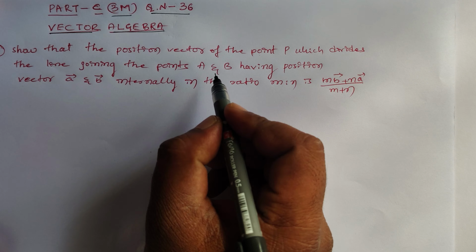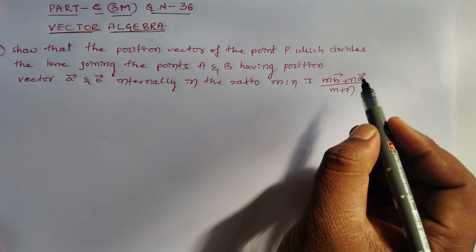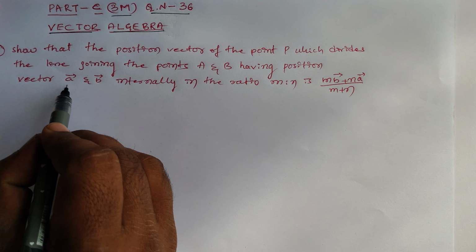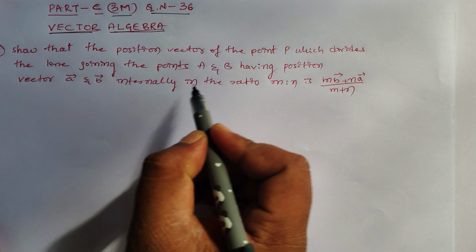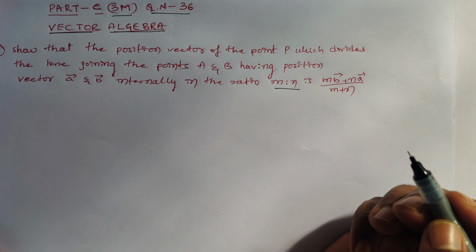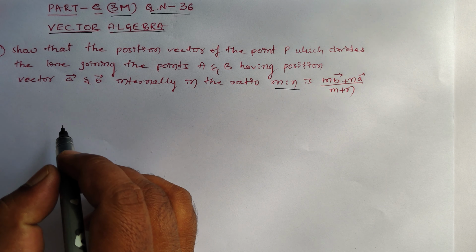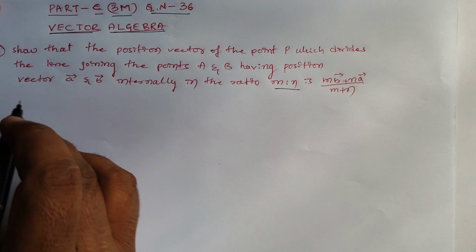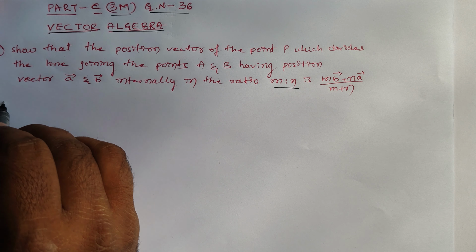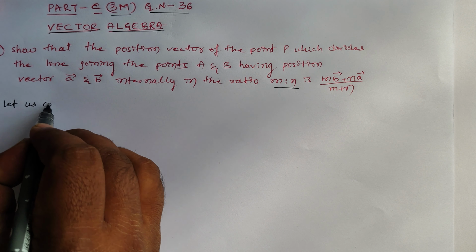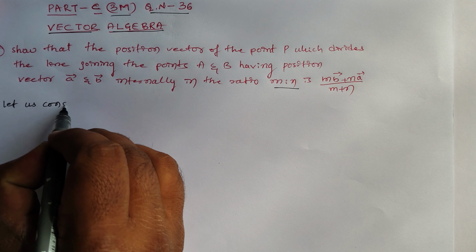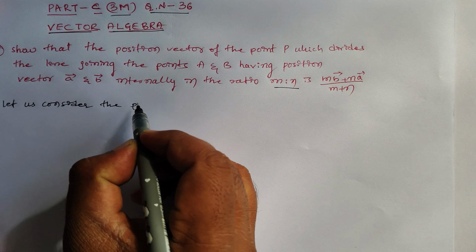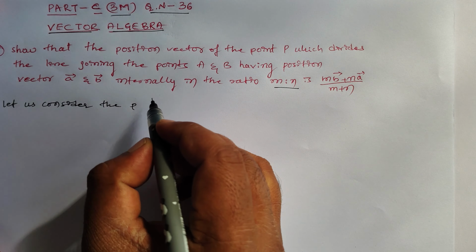Show that the position vector of a point P which divides the line joining the points A and B, the position vectors of A and B, internally in the ratio m is to n. Correct? Right. Okay, proof. So what is given? Let us consider the point P. The point P divides